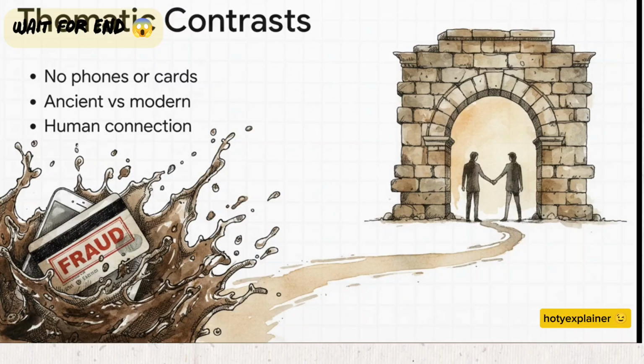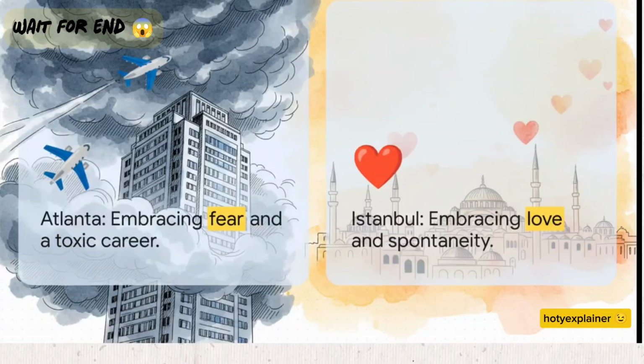Think about it. When your credit cards get flagged for fraud and your cell phone drowns in a puddle of diet soda, what's actually left? You are forced to rely on human connection. You literally have to barter your own labor just for a safe place to sleep. It forces both the characters and us, the viewers, to realize that these shared, messy human experiences far outlast our rigid, modern career ambitions. Which brings us right to the climax.